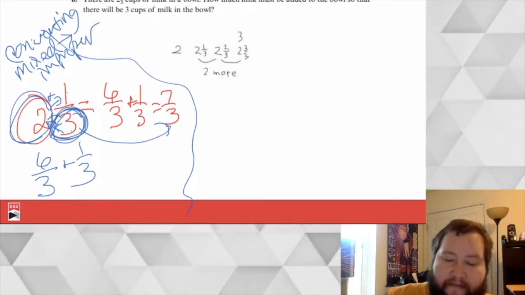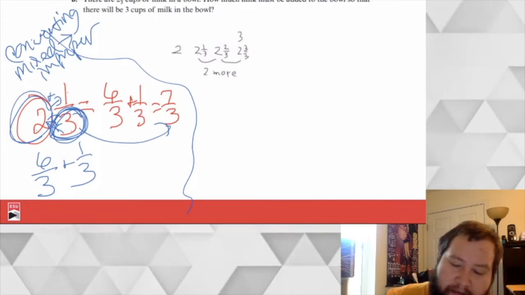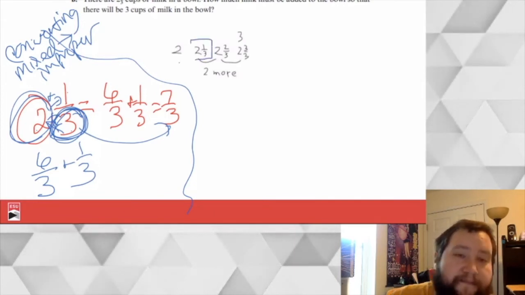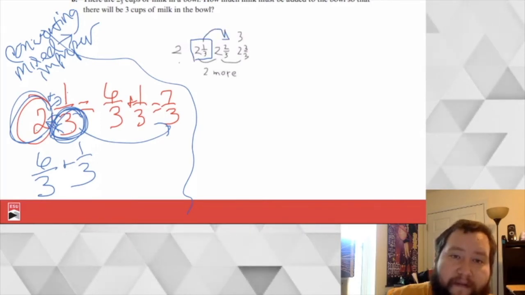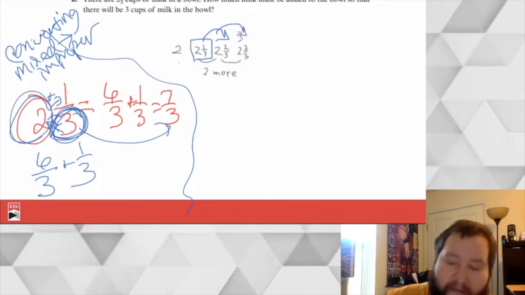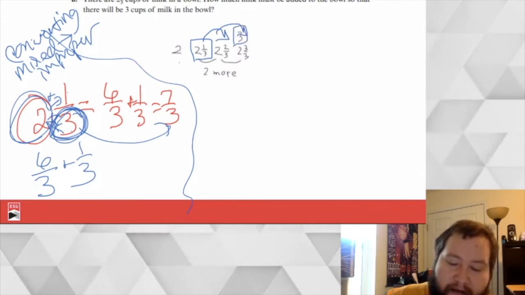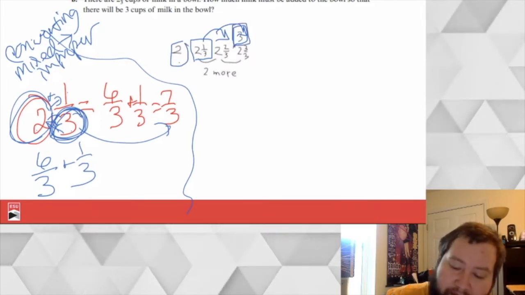So we have a student that starts, we don't have 2, but 2 1/3. If we add 1/3, we get 2 2/3, and we add another third, we get 2 3/3, which is 3. So we started at 2, and we wanted to get to 3, so we've reached it. So we have 2 more